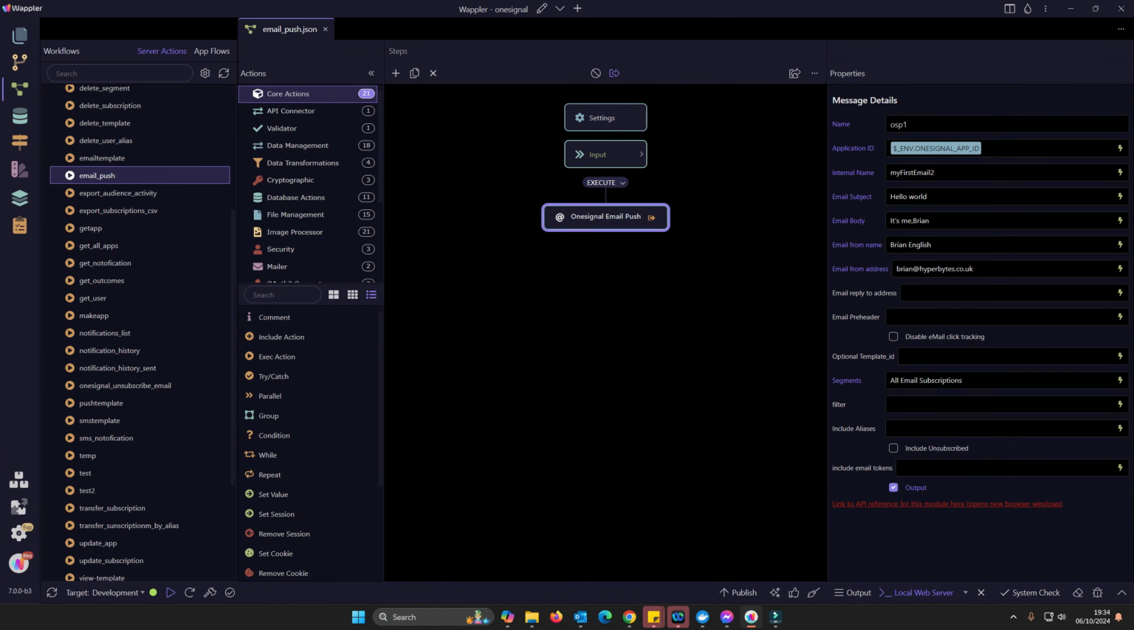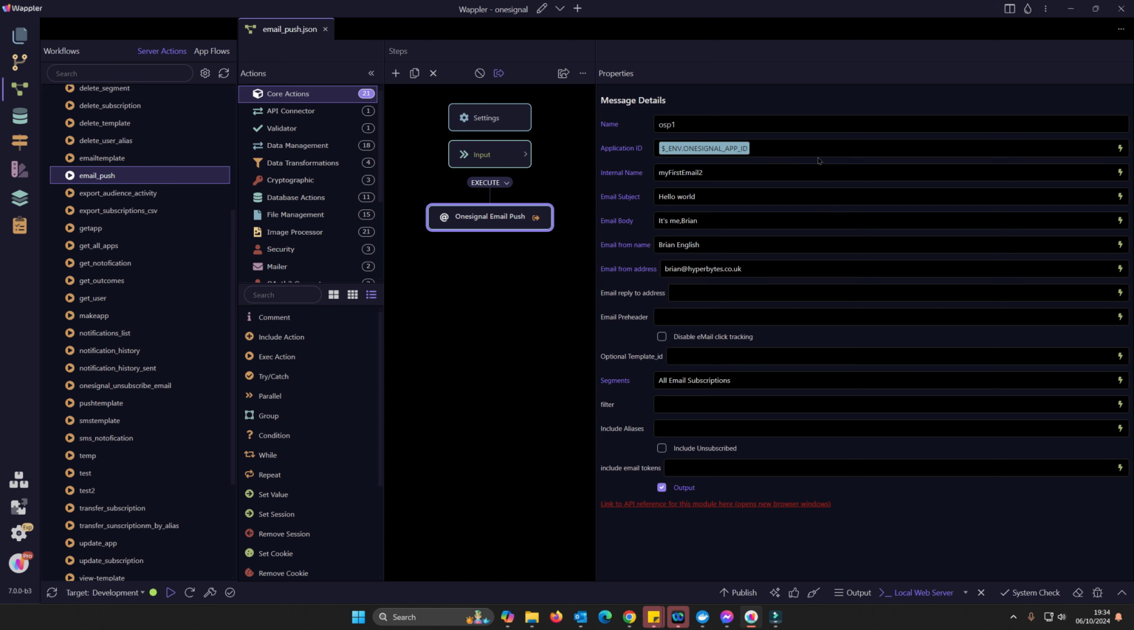Okay, I'm back in Wappler. I've actually switched projects. I'm now in my development project, just simply because everything that I need is set up properly in there in relation to email integration, etc. So I already had an email push action that I'd used for testing purposes. I've added the OneSignal email push, and if we look at the content of that now, you can see you